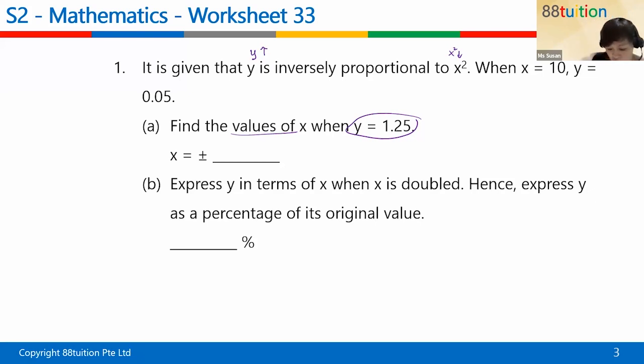First of all, we must form the equation of y, which is inversely proportional to x squared. So we will have a constant on the numerator, right? This one you have been taught before. This shows their relationship. So you have to substitute in the given values: x equals 10, y equals